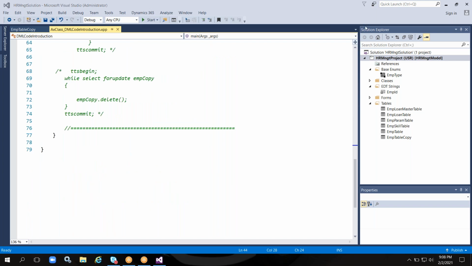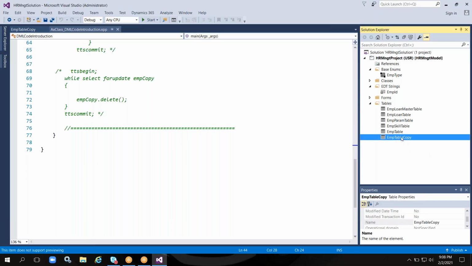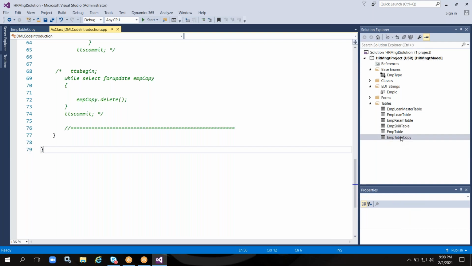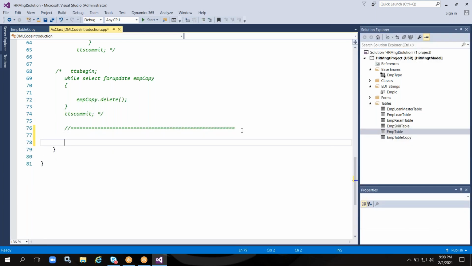Now I'm planning to copy the data from the EMP table to the EMP table copy. In the copy table we don't have any data right now. Now I'm planning to copy the data from the EMP table to the EMP table copy by using a record set operation. So here we have insert_recordset EMP,